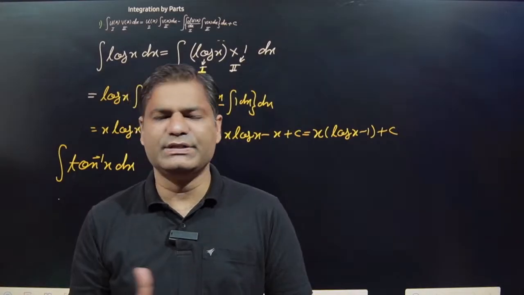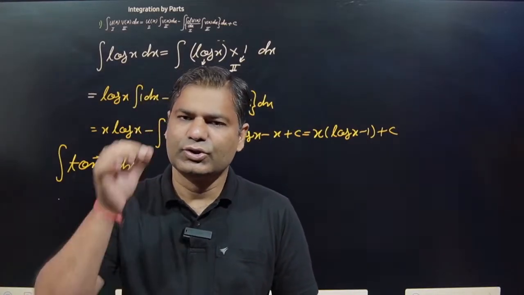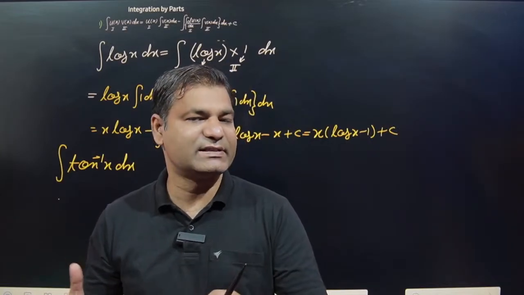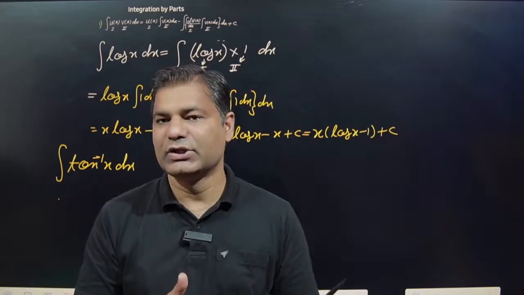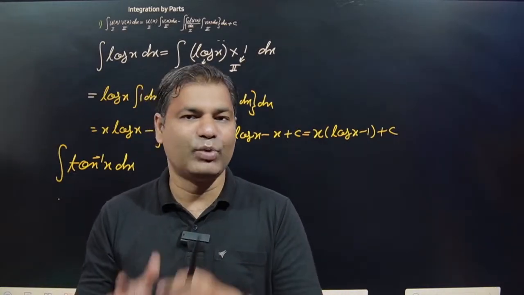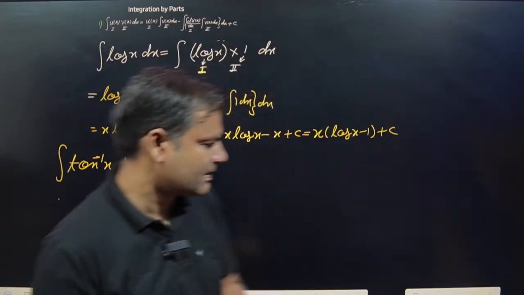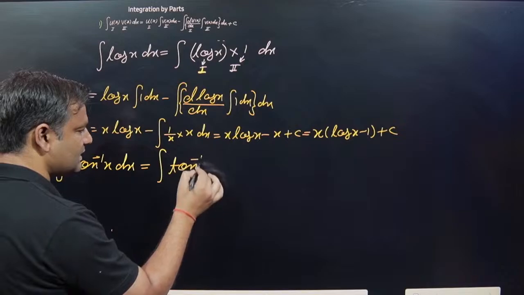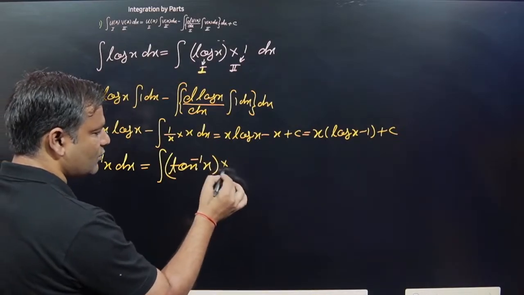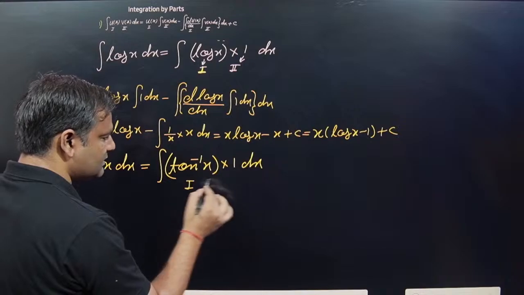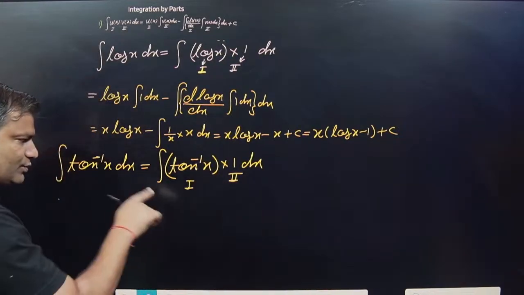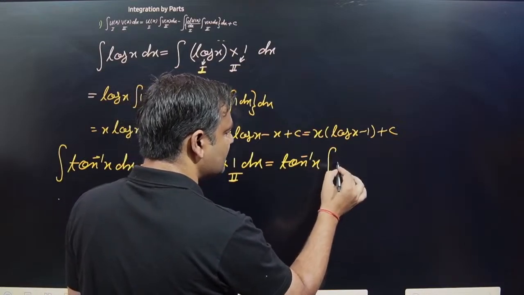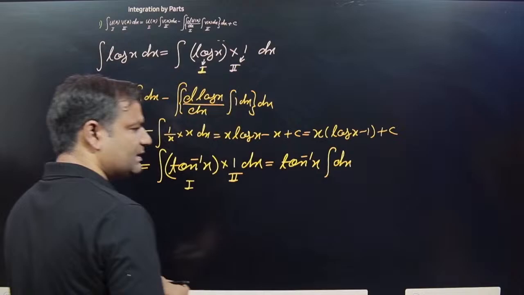Simply, I don't know the integration of tan inverse x, so I will write tan inverse x as tan inverse x into 1 into dx. So tan inverse x is the first function and 1 is taken as the second function, so first function into the integration of the second function, dx, minus